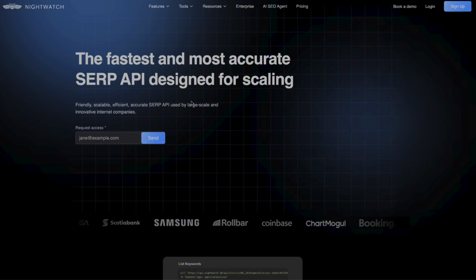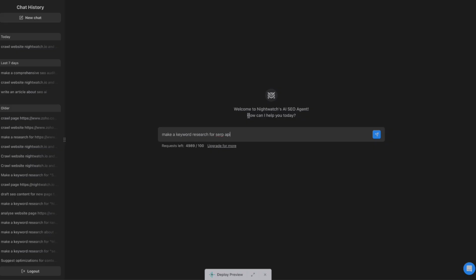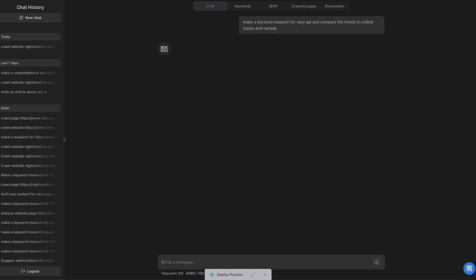And if we take a look at the SERP API subpage, we're going to see some unique things we want the agent to discover. So we're instructing it to give us the trends data. Let's take a look at how this prompt is executed. So once we trigger the agent to execute this prompt, it should go and find the data